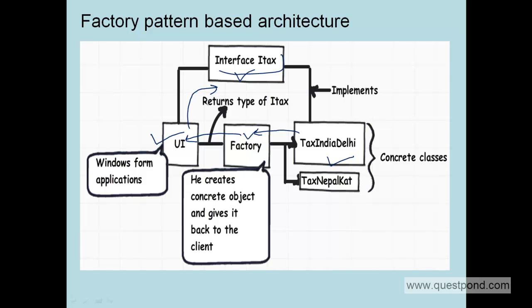So there are 4 projects in this solution, in this application. The first one is the user interface, which is basically the Windows form. The second one is an interface, a .NET interface which talks with your concrete classes. And then the third project is the concrete classes itself. The implementation is actually in this project. And then you have a factory project which helps you to create the objects. In other words, all the new keywords are here. So they help you to create the objects and give them back to the UI.